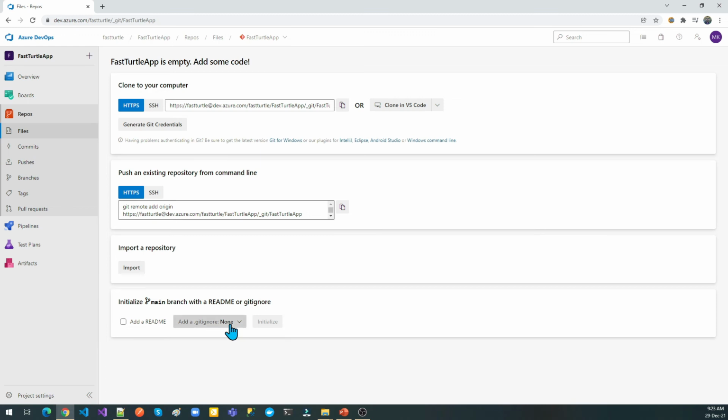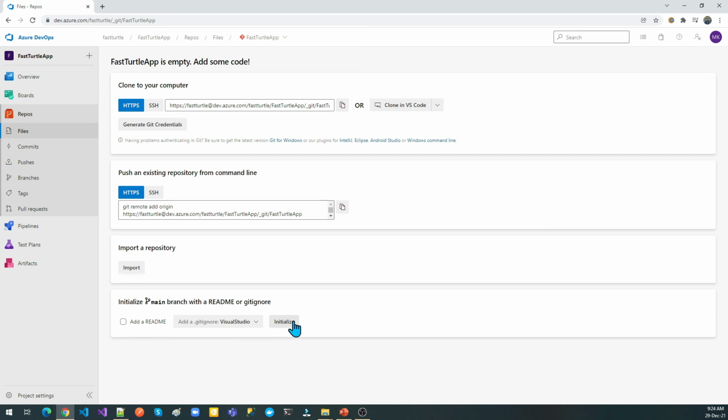And I would like to add a .gitignore file. A .gitignore file is used to ignore the kind of files which you do not want to be committed to the Git repo. Let's say you have an exe or a DLL; we do not want to upload it to the Git repository and use up the space. So what I'm doing here is creating a .gitignore file for Visual Studio. If you search here, you will find that the Visual Studio .gitignore is already available. So you can directly go here and click on initialize.